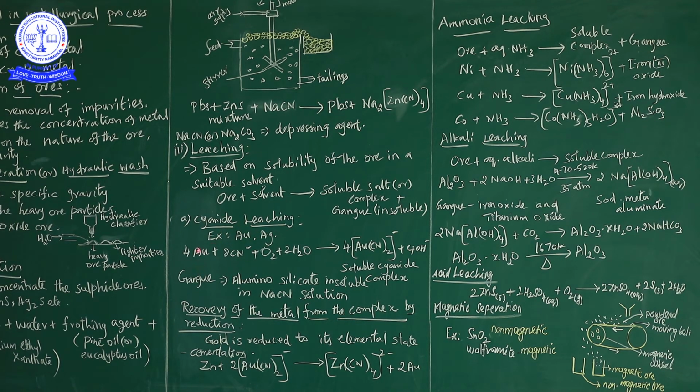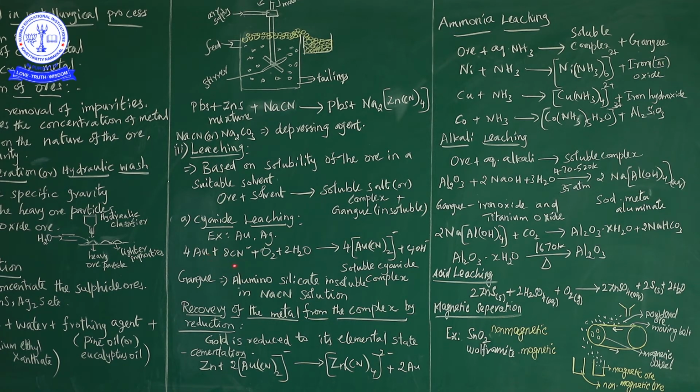For example, the gold ore: gold is a noble metal, so it is present in native element form. The gold is dissolved in the sodium cyanide solution, an aqueous solution; we have added water, an aqueous solution of sodium cyanide. But the sodium cyanide is not given in the neutral form, it is given in the ionic form. Leaving sodium, we give only CN minus, the ionic, anionic form.